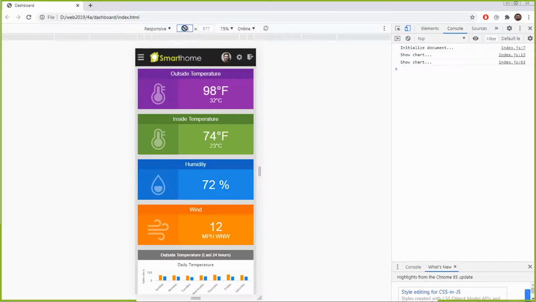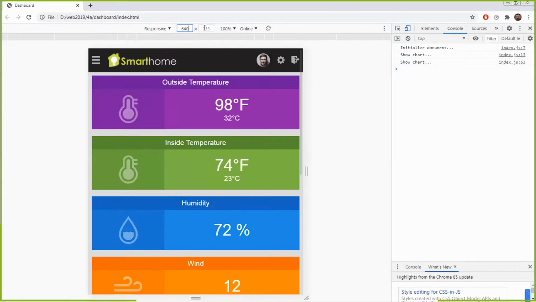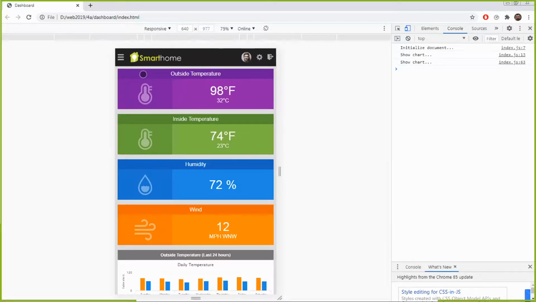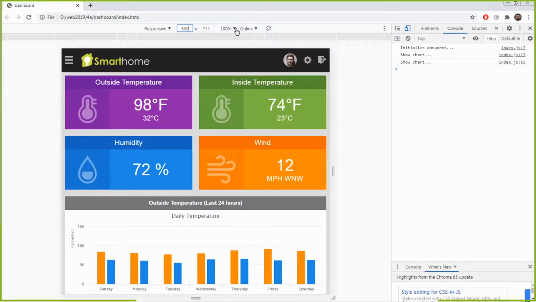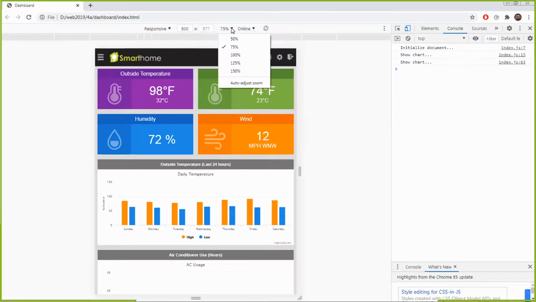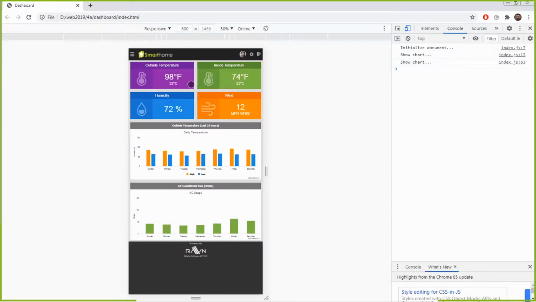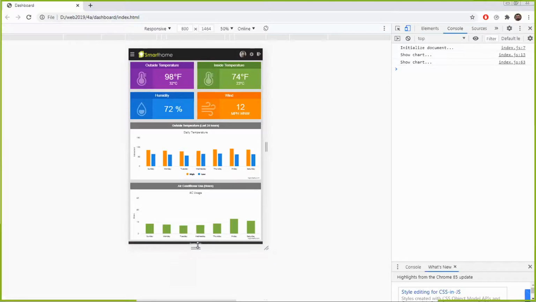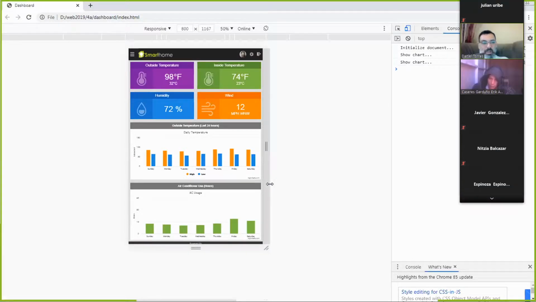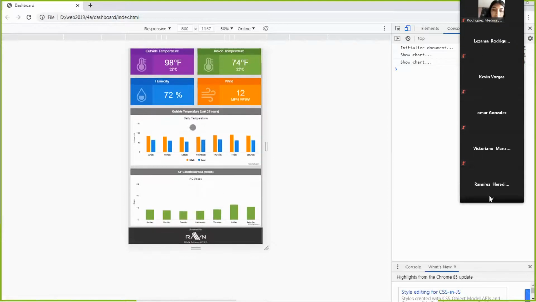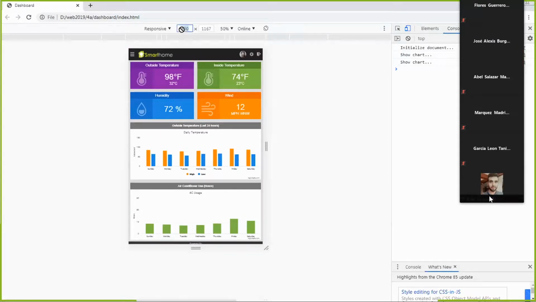If I go up to, let's say, 640, then this is how it would look on a tablet. Okay, if I go up to, let's say, 800, this might be what a tablet looks like. Maybe without somewhere. Let's say there. That's what a tablet would look like. And you could make the user move here. And again, if I go up to